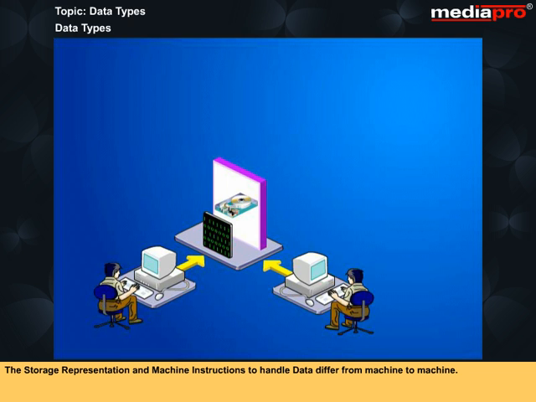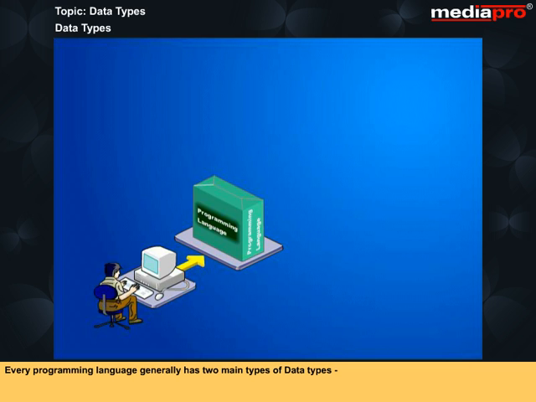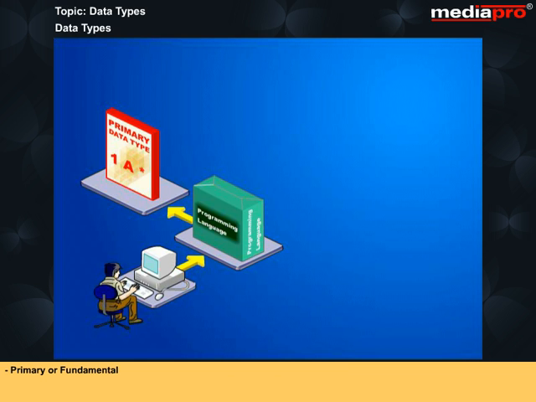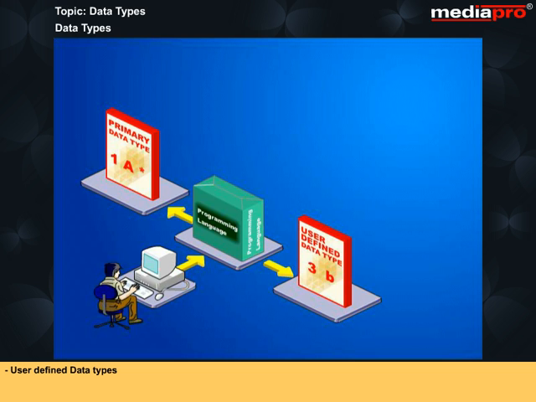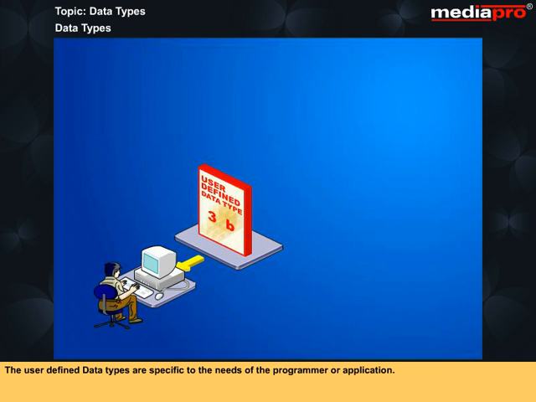The storage representation and machine instructions to handle data differ from machine to machine. The variety of data types available allows the programmer to select the type appropriate to the needs of the application as well as the machine. Every programming language generally has two main types of data type: primary or fundamental, and user-defined data type. Primary data types are used to handle generic data like numbers, characters, and fractions, etc. For example, 5, x, 13.45. The user-defined data types are specific to the needs of the programmer or application. Record of an employee,